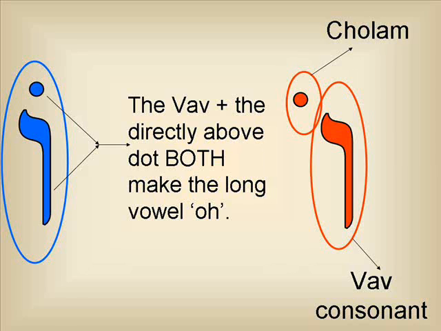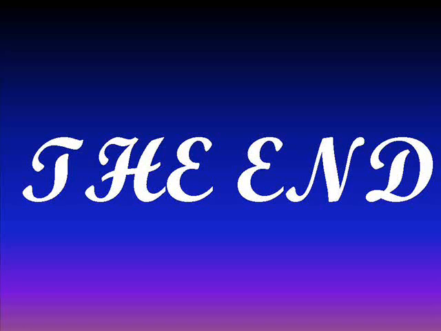That's an O, long O. The vav plus the direct above dot both make the long vowel O. That ends part 1 of this presentation about when the vav letter acts as a vowel letter. This presentation dealt with the long O vowel. Part 2 of the presentation will deal